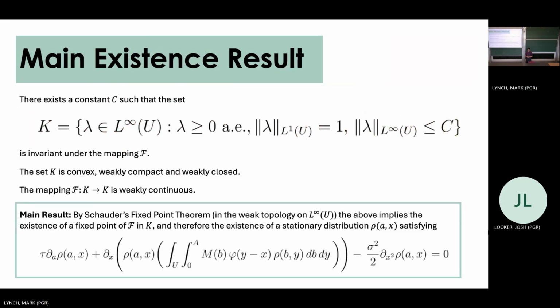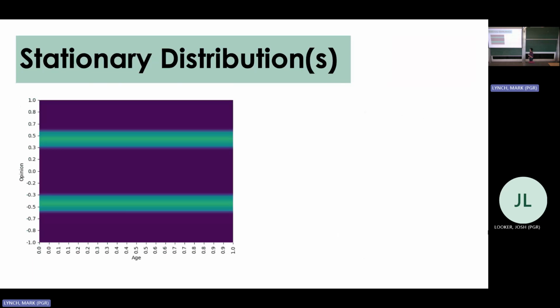Okay, let's have a look at what they actually look like. The first one's a bit boring, sorry. So this is age here, the age of an individual, and this is their opinion. When people enter the population, they enter in one of 2 opinion clusters. And for the parameters that we have here, if people just stay in the opinion cluster that they enter when they join the population, then that's actually stable in time. So this joint distribution is stationary.